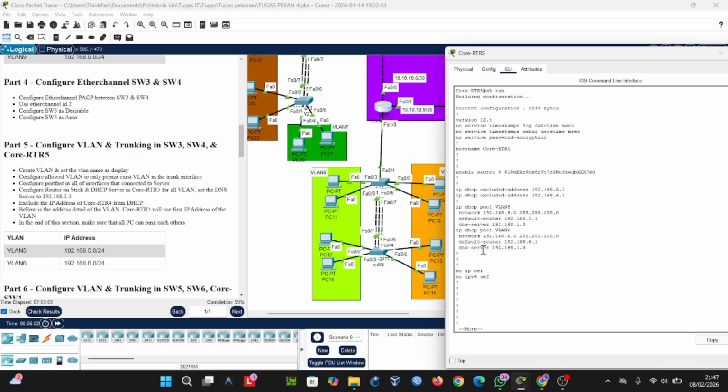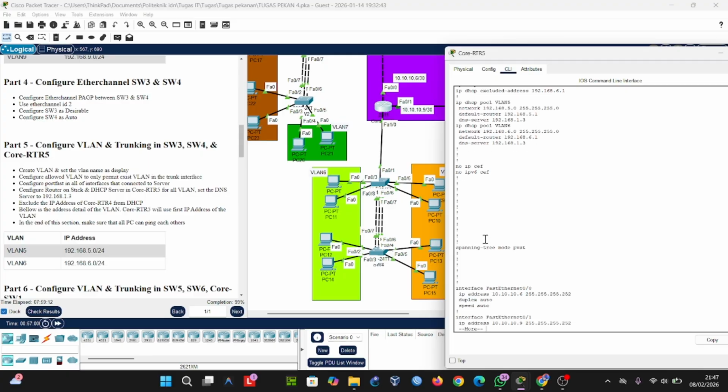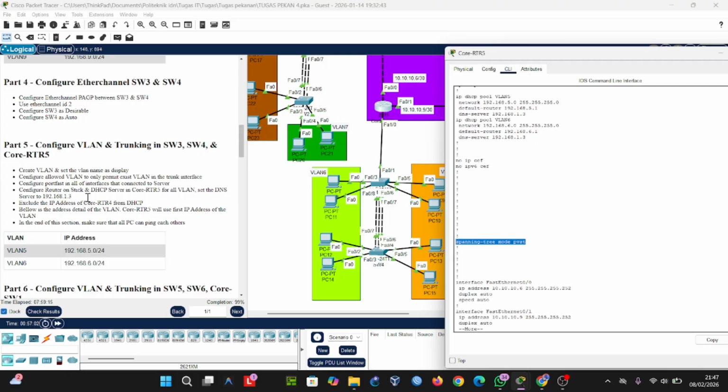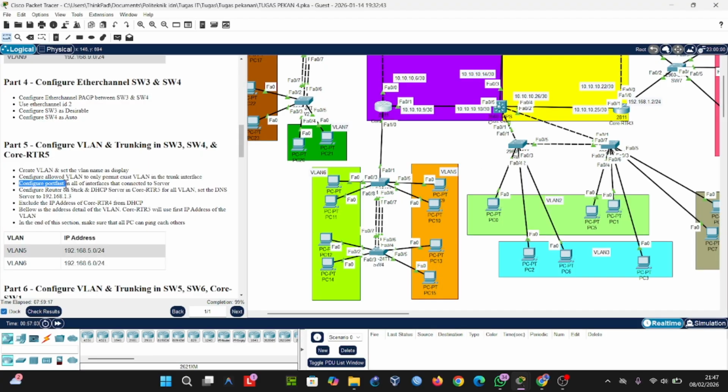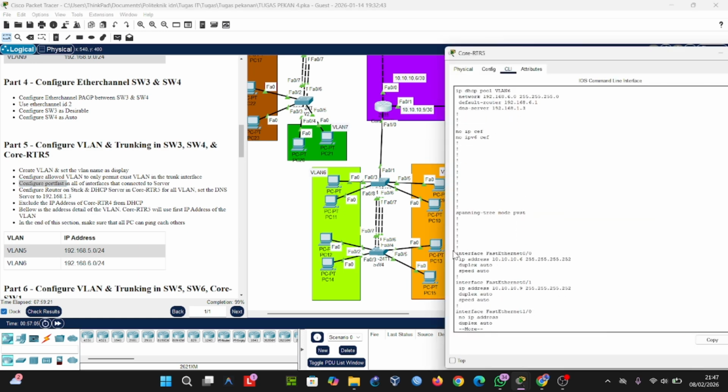We can show this, and then the server I use is 1.3. You can show this configuration. The continuation is spanning tree 2.5. We configure 2.5.